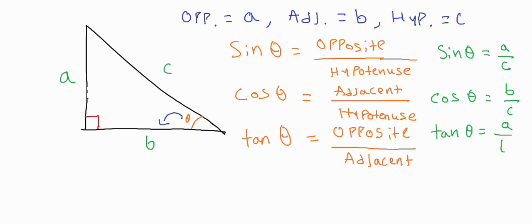A over B, right? Now, we already defined these, but I'm just still going over it. Why is it adjacent? Why is it opposite? Why is this the hypotenuse? So, using these trig ratios, we could figure out sine of theta using the triangle that we had constructed. Anyways,